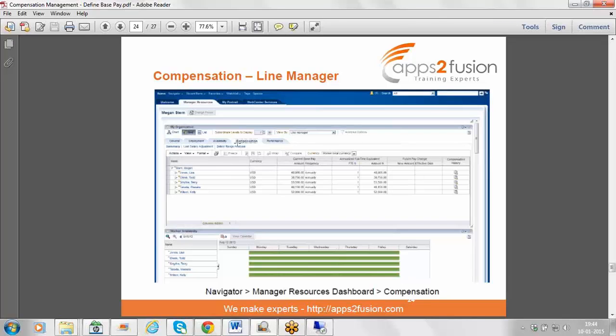If he clicks and goes into the compensation tab, he will be able to see the individuals, their currency and everything. He will be able to see all the details of his subordinates as a line manager.